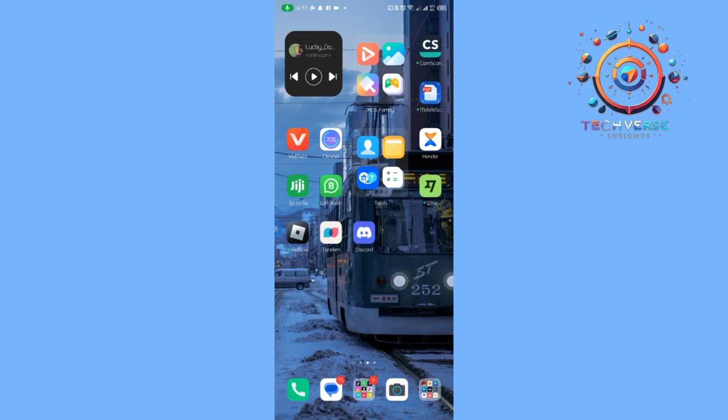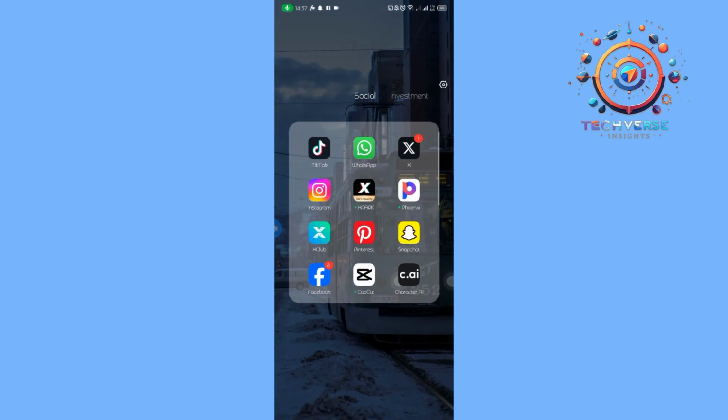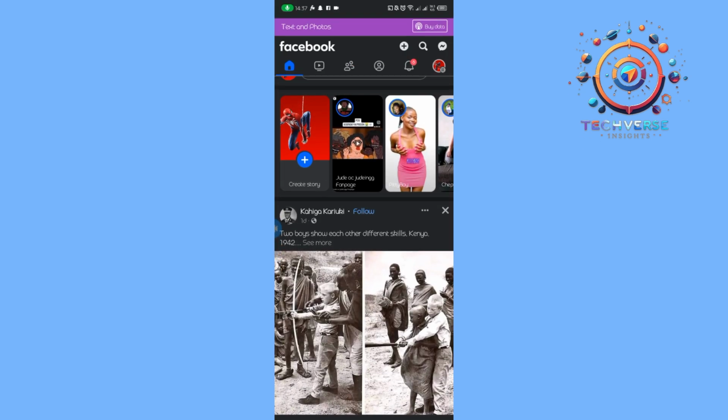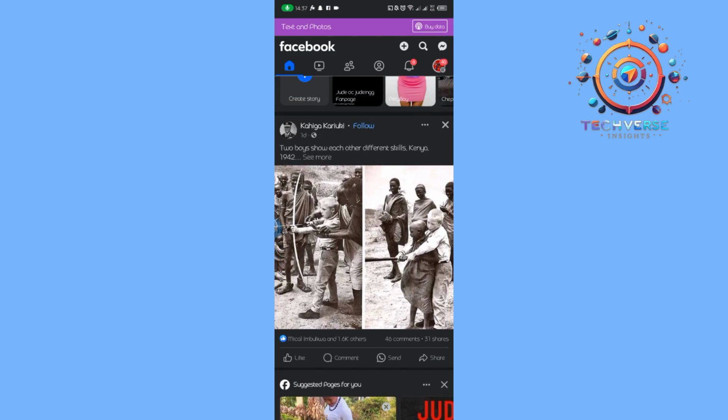Hey guys, today we're going to learn how to check notification on another device on Facebook. And in order for us to do that, what we have to do is to log in to our Facebook application. As you can see, I had already logged in to mine, and then we are going to tap on the